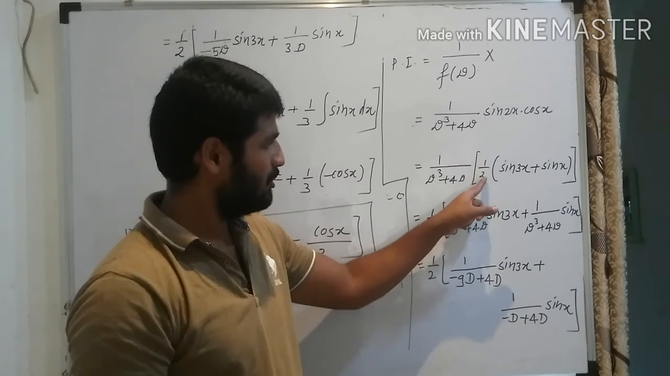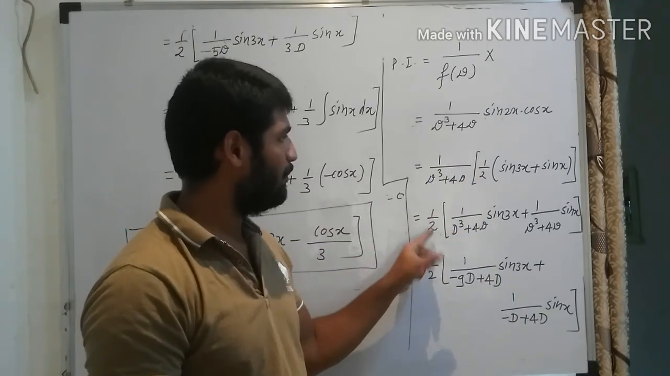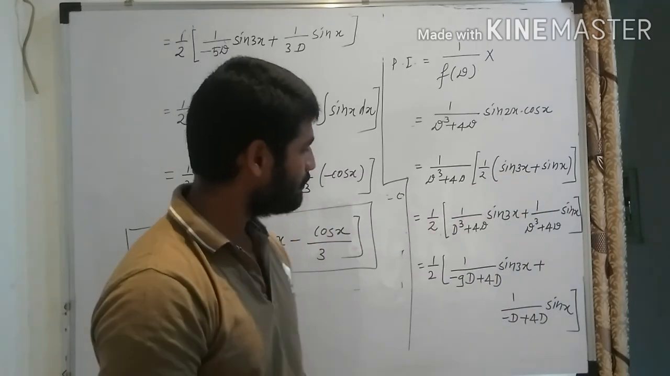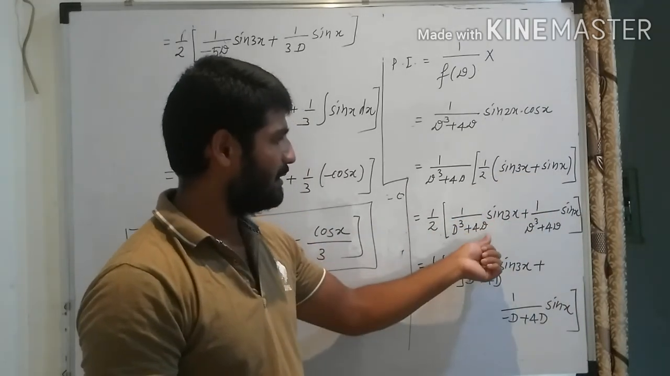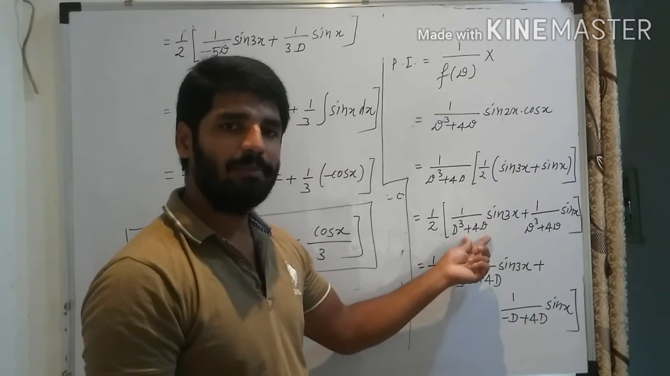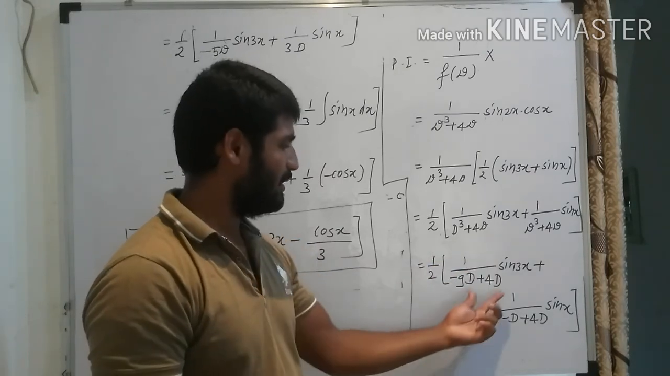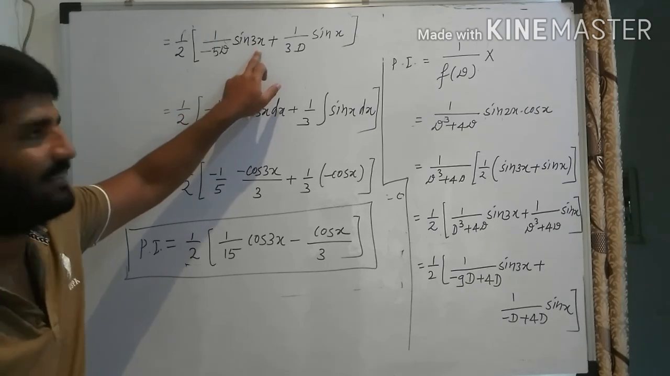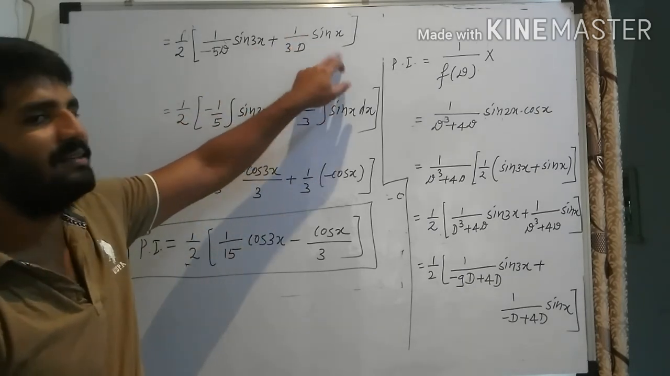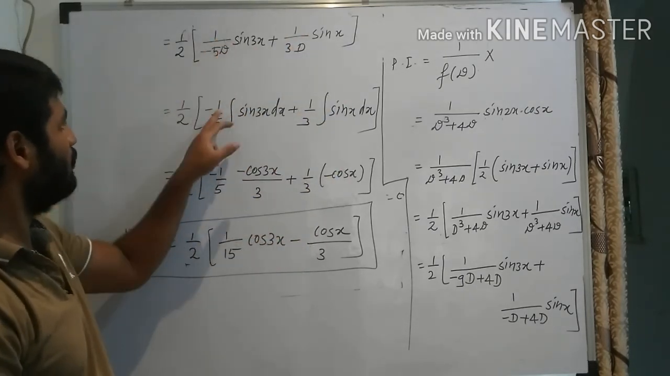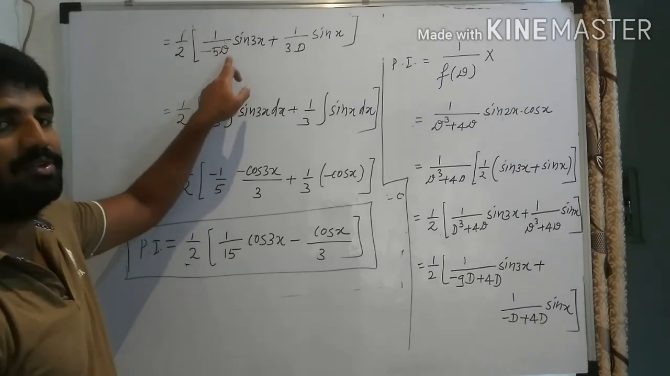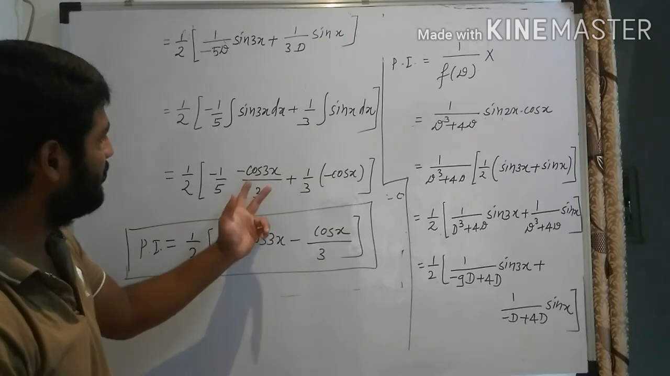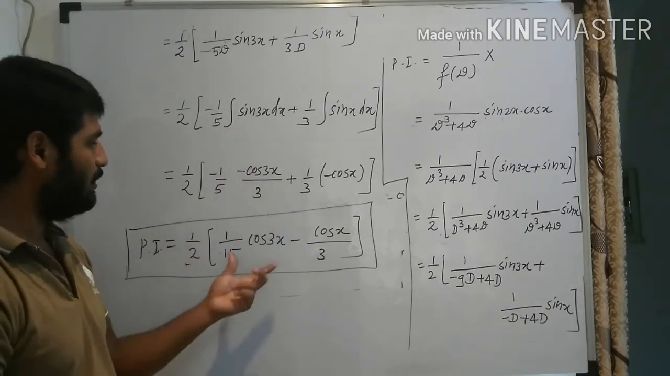Now 1 upon 2 is a constant, that's why we take it outside, and 1 upon f of D is multiplied with this bracket. So separating these terms and applying the rule, that is replace D square by minus a square, we get this. Now after simplifying we get 1 upon minus 5D sin 3x as it is, and here we get 1 upon 3D sin x as it is. Now here minus 1 upon 5 is a constant, it remains as it is, and 1 upon D means what? Integral. Same here, 1 upon 3 is a constant and 1 upon D means integral. So in the next step we have to take the integral with respect to x, and we get the required